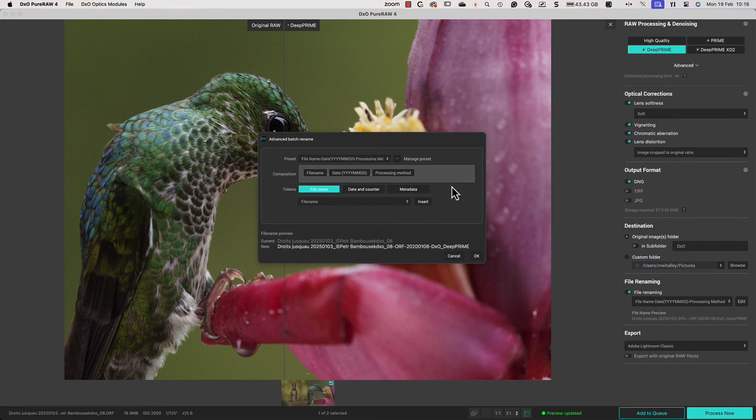Your files will now be saved with their new file names and your photos will benefit from the enhanced quality